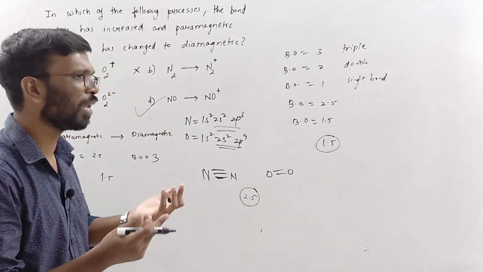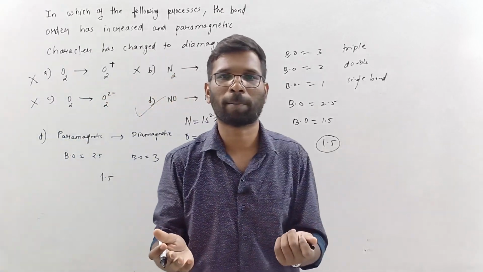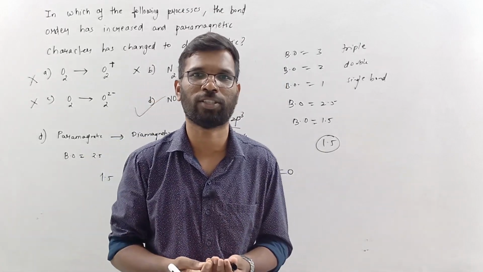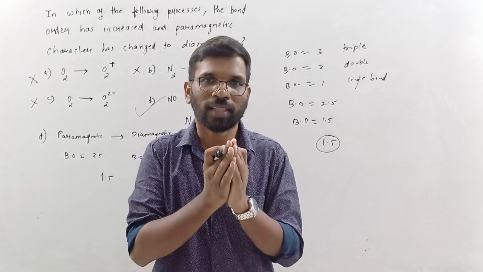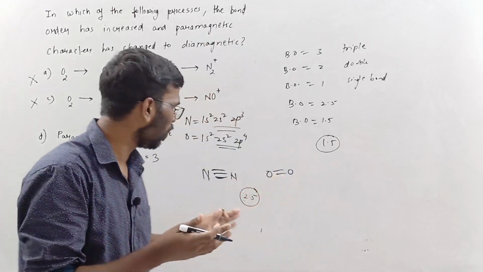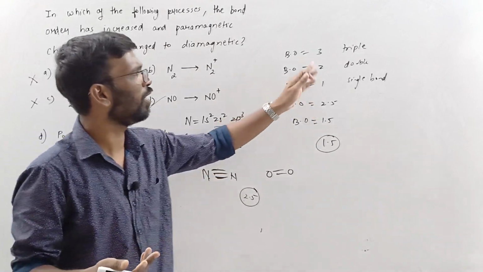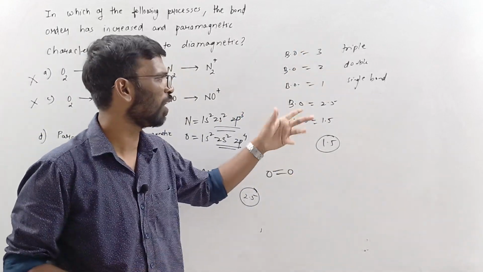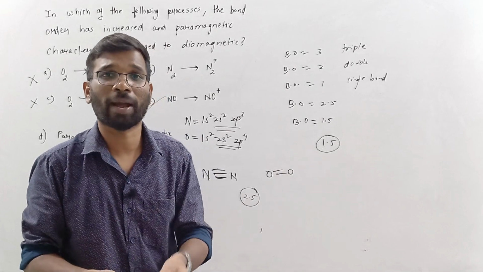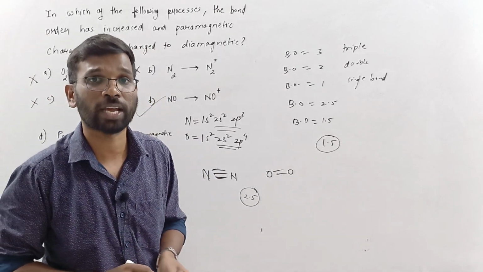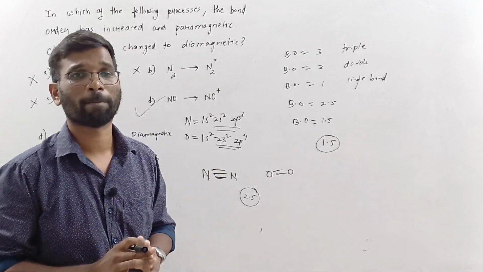Don't get confused. Sometimes bond order is zero, which means that the molecule doesn't exist. There is no force of attraction between them. So that is the whole idea about a fractional bond order. We are always very familiar with 1, 2 and 3 bond order, but not 2.5, 1.5. Keep in mind that it represents a force which holds the atoms together to form a molecule. That's it.